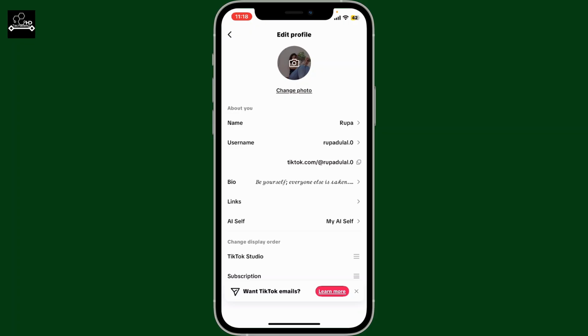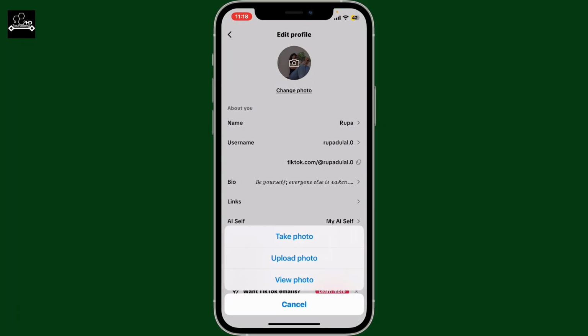Go to the top where it says Change Photo and tap on it. Now, you can either take a photo from your device's camera or upload an existing photo from your device's camera roll. I'm gonna choose Upload Photo. Once you are taken to your device's camera roll, select the photo you'd like to use as your profile picture